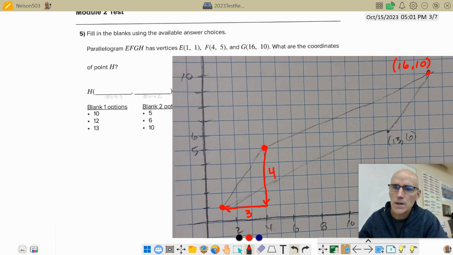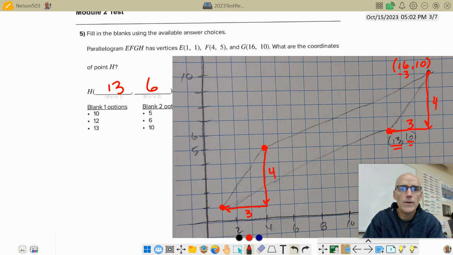So over here, I'm going to do the same thing. So I'm going to go down 4 and I'm going to go left 3, right? And so that took me right to this point. So down 4 from 10 is going to get me 6 in the Y direction, and back 3 in the X direction is going to get me to 13. That's how I got this other point right here. So the correct answer was